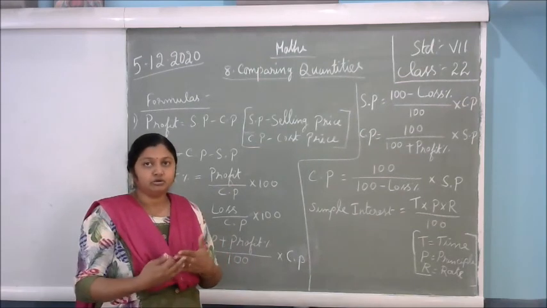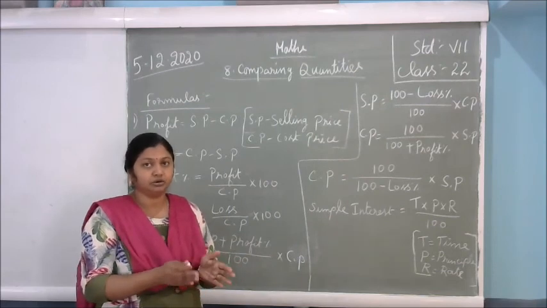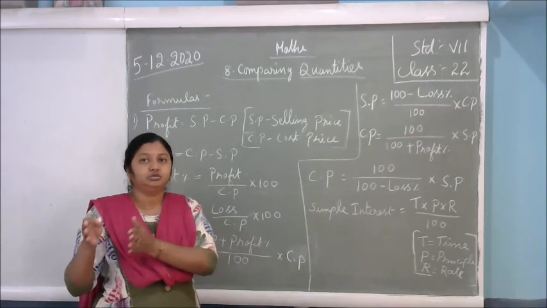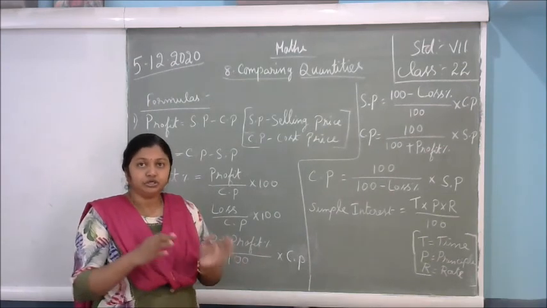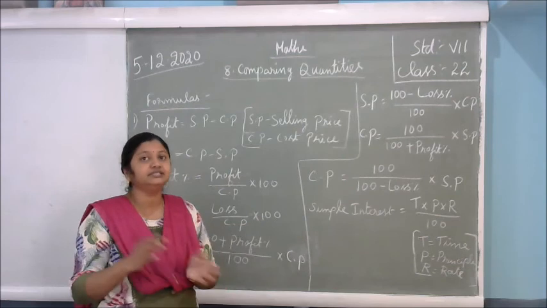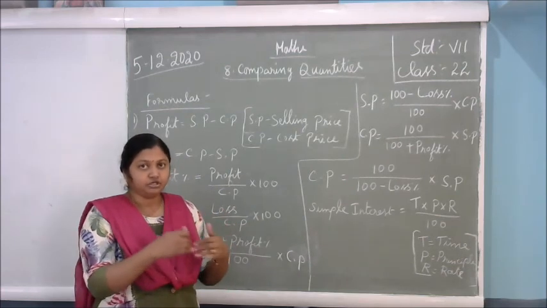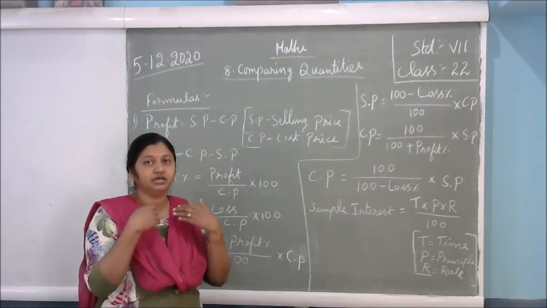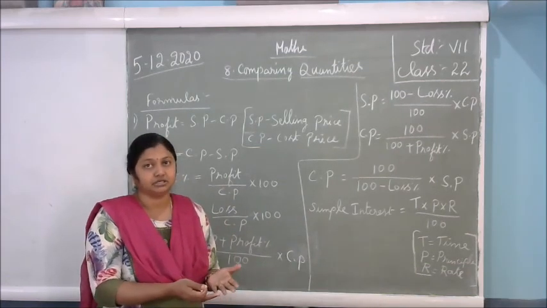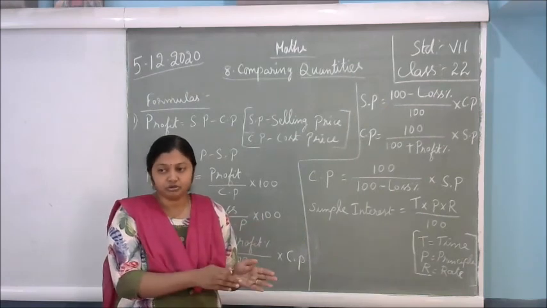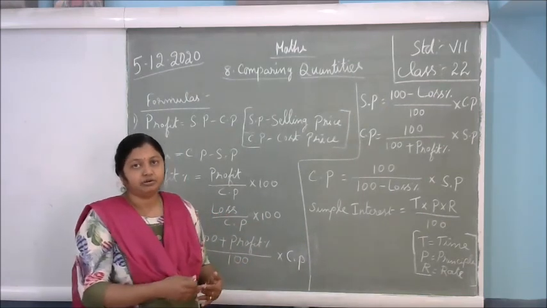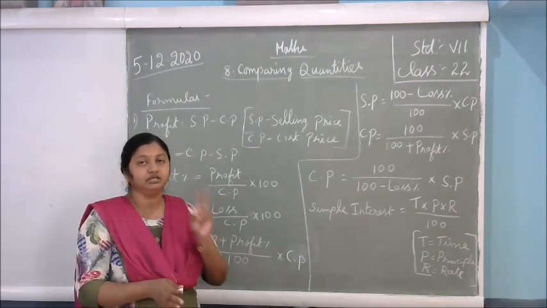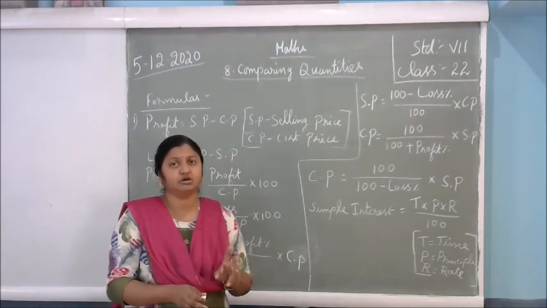Okay. After buying the notebook, your friend is asking that I need this notebook. For your friend, you are giving that same notebook for 12 rupees. So 12 rupees you are selling, no, that is called a selling price. From the shop, what you are buying, that is cost price. From you, if you are giving to someone, that is called a selling price. If you are giving a 10 rupees notebook for 12 rupees, you will get a profit. 2 rupees profit you will get. If you are selling that for 8 rupees, then 2 rupees loss you will get. That is loss and profit.